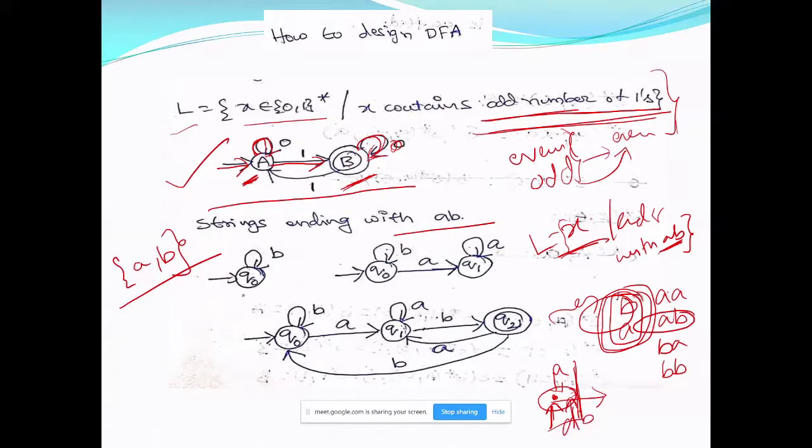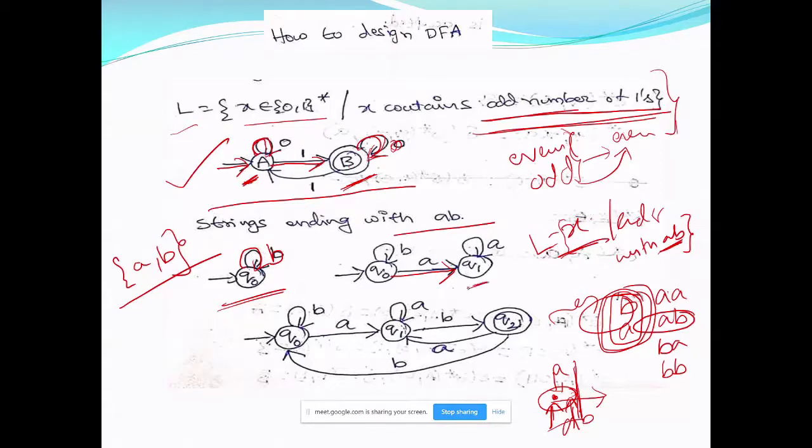So you just look at this. I started reading my input string, and suppose you give this DFA B, then I need not remember that because I have to check for the pattern AB. So whatever the number of B's I get, I will be in Q0 because there is nothing for me to remember. The string can have any number of B's, but I don't want to remember them, because I need the pattern AB. Now I am in Q0. Suppose I get A, then I am changing the state because I have to check whether the next input symbol is B or not. If the next input symbol is B, you can accept. Otherwise, you need not do anything.